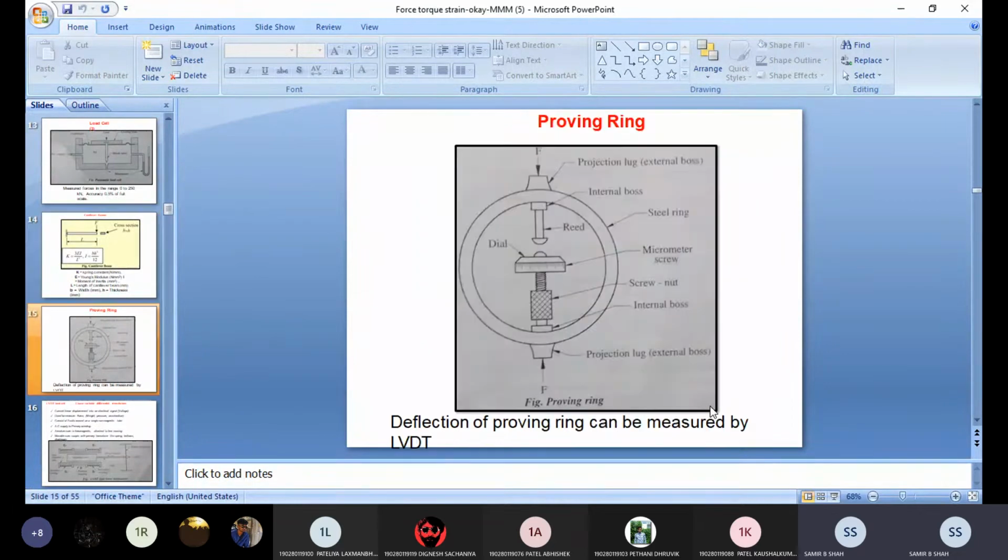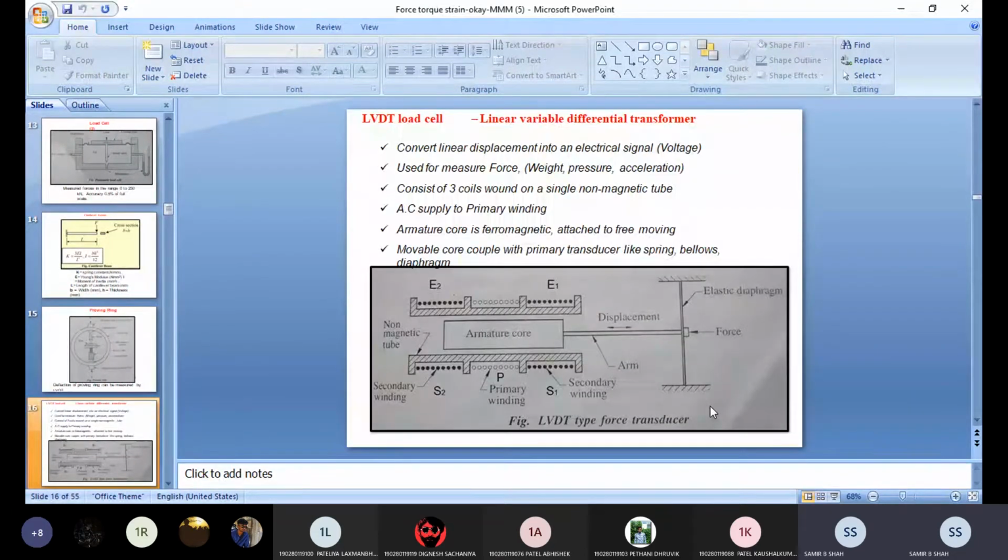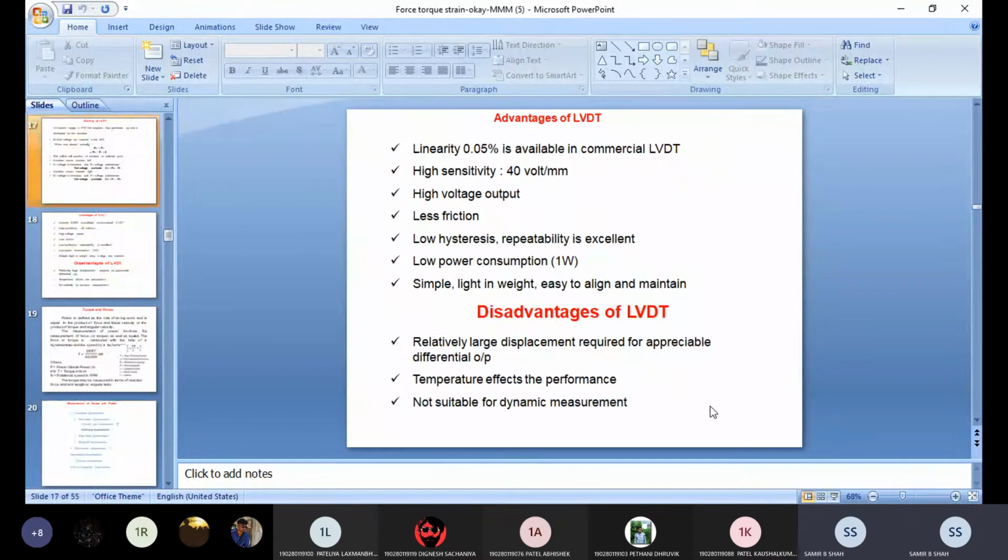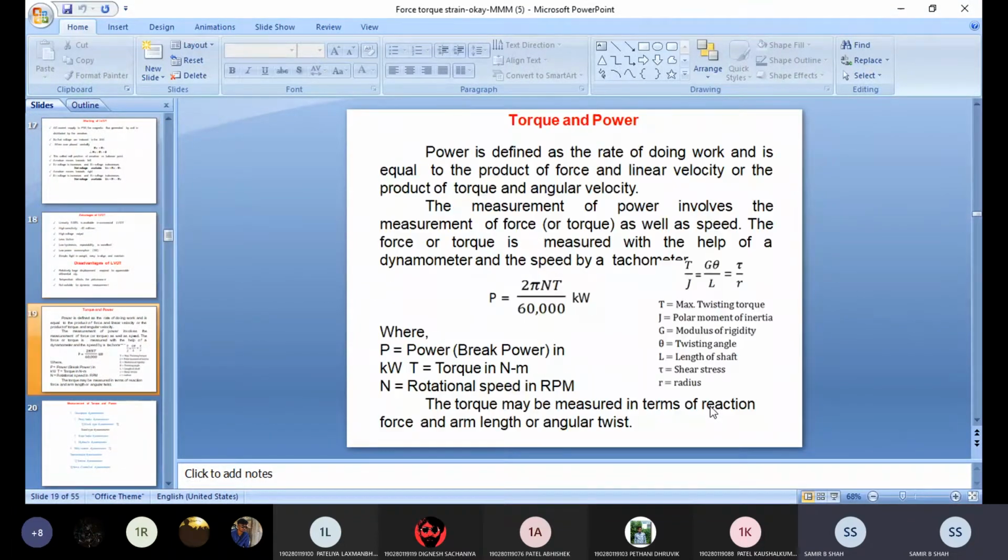So the range is important, as I discussed earlier, and the limitations and advantages are very important. Sometimes it may be asked in your exam regarding that, so you have to remember. Today I discuss torque measurement instruments. Before starting the lecture,